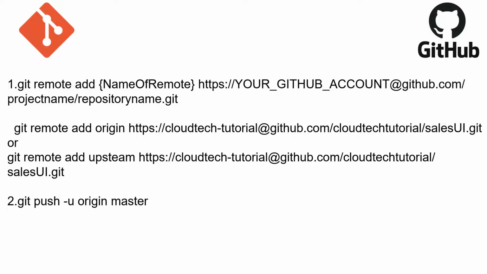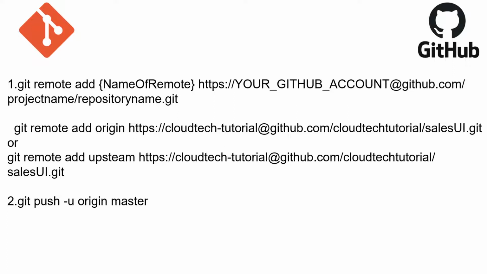This will be your GitHub remote repository URL. And the final command is git push -u. U means upstream. So we have provided some name, right? That we need to provide it here. Here I have provided as origin. So -u origin followed by the branch which I am going to push. Since I am going to push it to master branch, I have provided origin master.